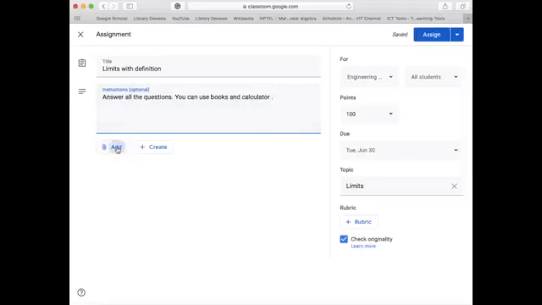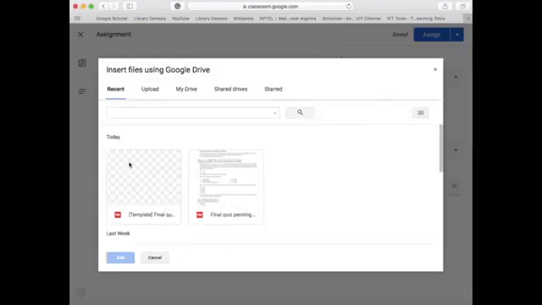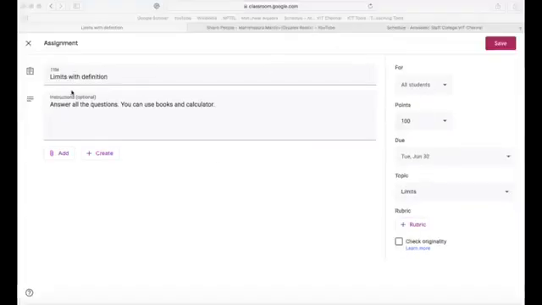And now you need to add a document or a file from the Google Drive. So I go to my class and I add a question paper. You can see that you can edit this drop down. So you can say students can edit the file. Now in this case I don't want them to edit the file, so I can just keep it and save the file. Now once we have set our assignment limits and instructions and assigned it for all students,